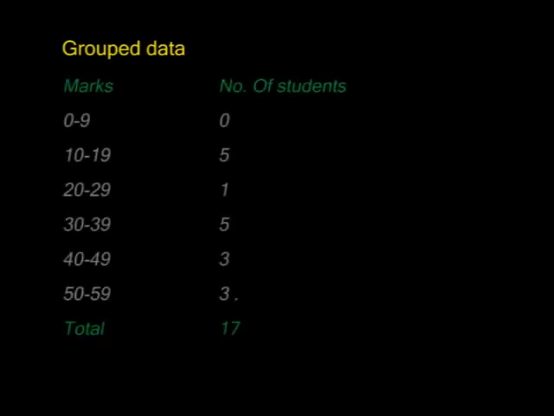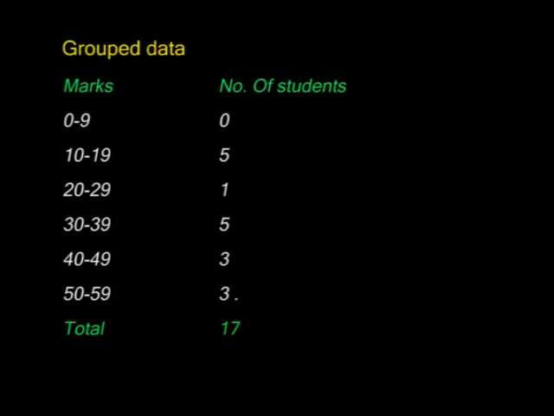Let us now look at grouped data. In the record we had for the mathematics exam, the exact marks for each student were represented. That data was ungrouped. We can now group that kind of data into classes. For example, I can say 5 students scored between 20 and 29 marks, 8 students scored between 30 and 39, and so on and so on. Now this table on your screen shows grouped data.